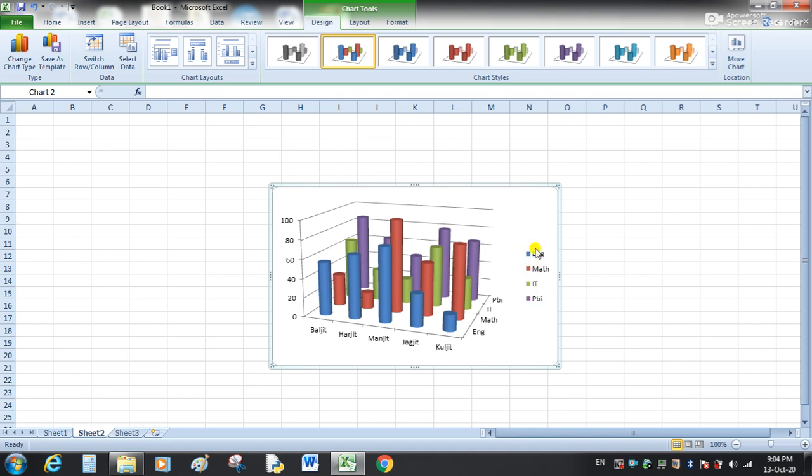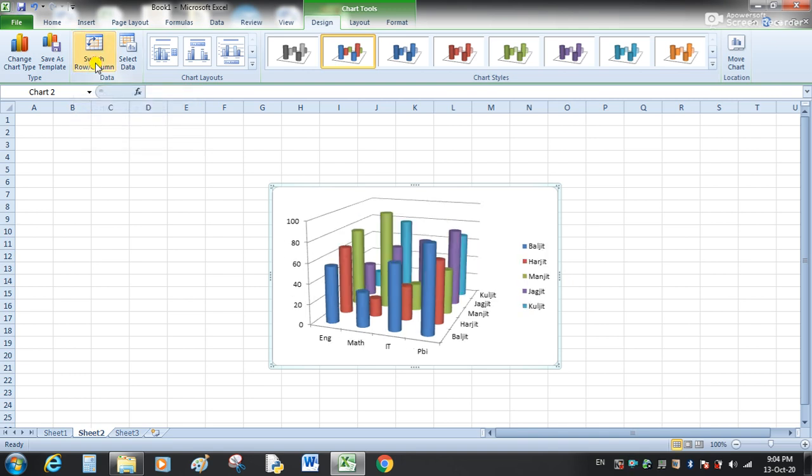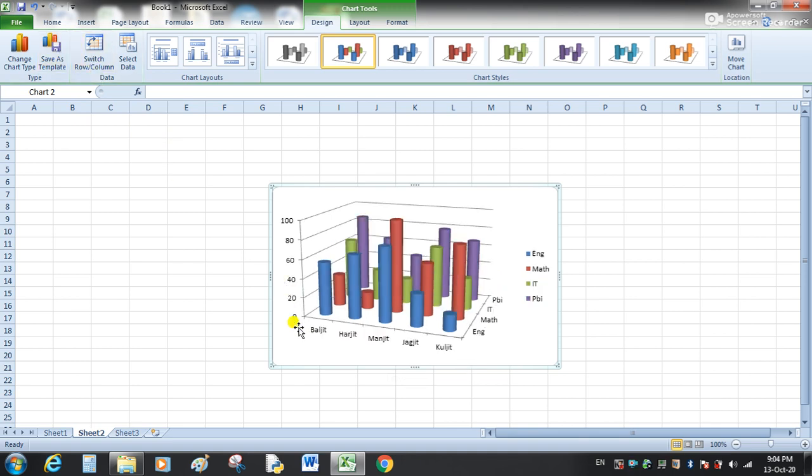These are known as legends. When we click on switch row and column, you can see now on the x-axis these are subjects. When we click here, our names are now on this side and our subjects are on this side. This means we can switch between the rows and columns.